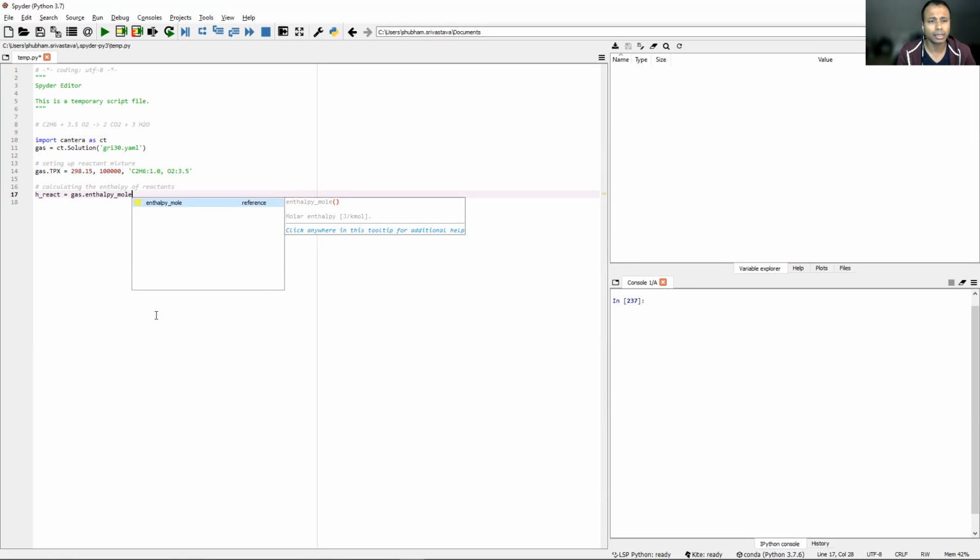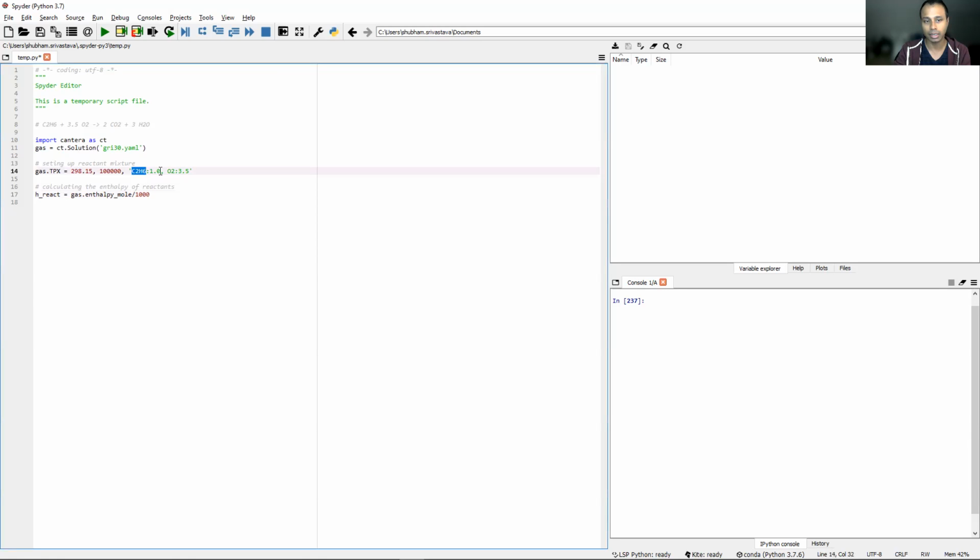Now, this is where we have to use some brains and some tricks. So this here is enthalpy in joules per kilomole. However, you have to factor in the moles of the reactants as well. So let's first convert this into joules per mole. And so we will just divide this by 1000. And now,